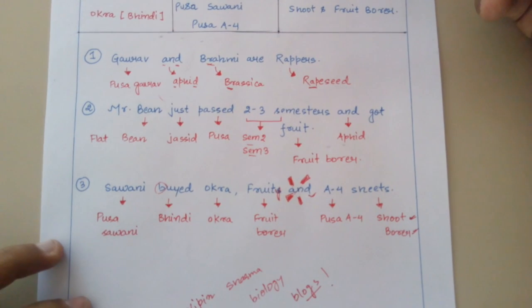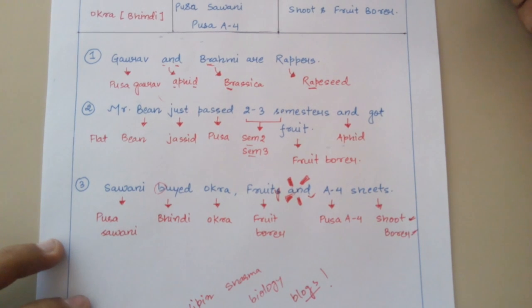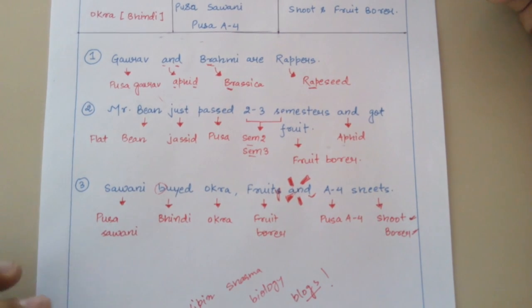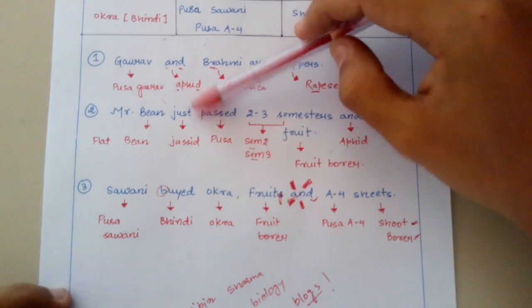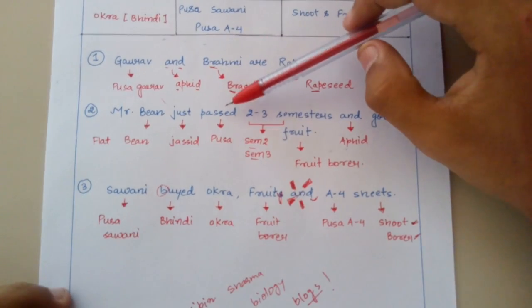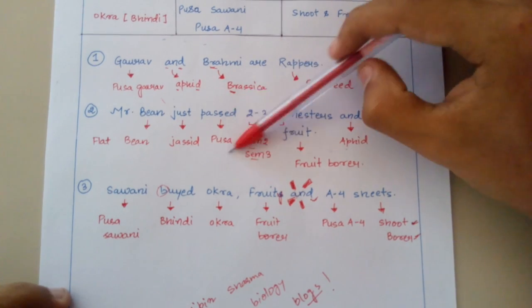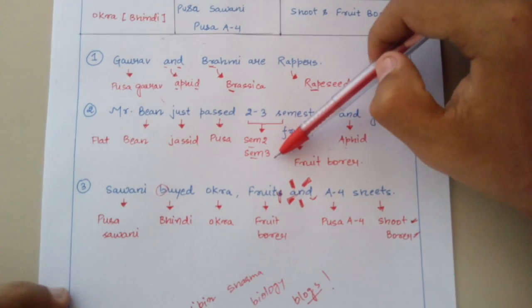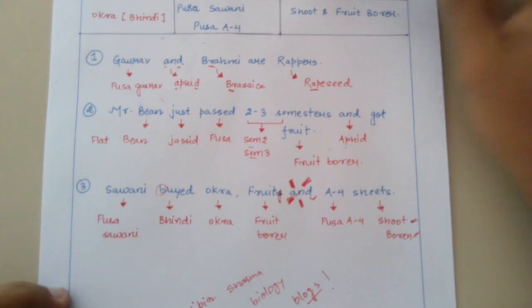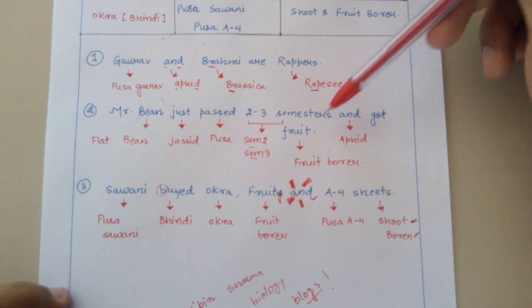The second trick is for flat bean, and it is very interesting. Mr. Bean just passed 2-3 semesters and got fruit. What kind of fruit is it? It is the fruit of hard work, mehnat ka phal. Bean simply means flat bean, which is the crop, "just" means jassid, which is the insect pest for flat bean, "past" means Pusa, and 2-3 sems means Sem 2 and Sem 3, which are the different varieties, and got fruit, and